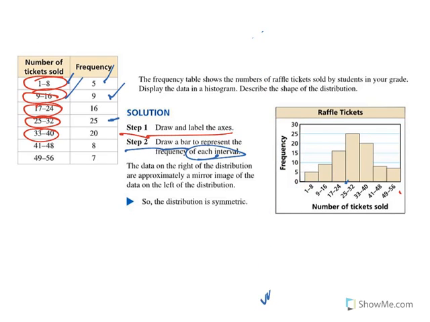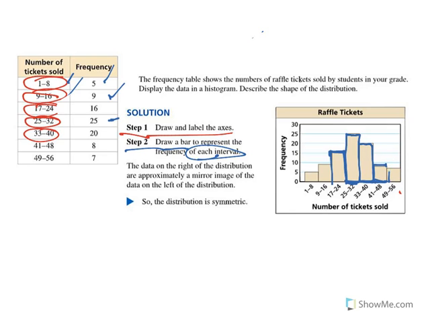Estimating is a really good thing to practice. So, moving on from where I was, 17 to 24 is at 16. Sorry, 16. Then 25 to 32, so this interval goes all the way up to 25. From 33 to 40, this interval goes all the way up to 20,